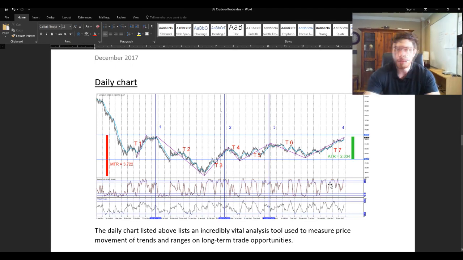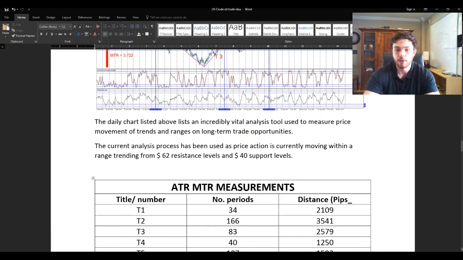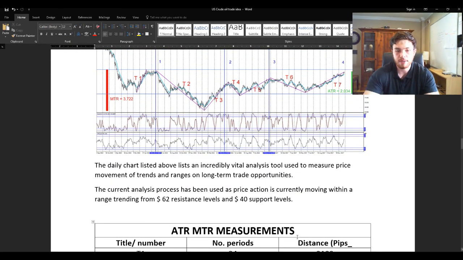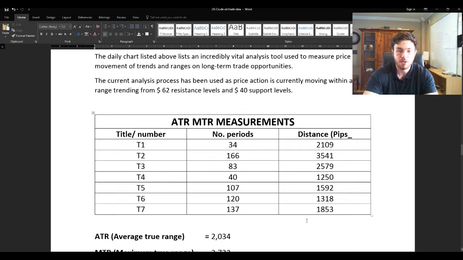So I just made sure to number it to show you visually exactly what I was going to reference back to. So basically I've just said the chart listed above lists an incredibly vital analysis tool to measure price movement of trends and ranges on long-term trade opportunities. The current trade analysis has been used as price action is currently moving within a range from $62 resistance levels and $40 support levels. So you can see the ATR, MTR measurements